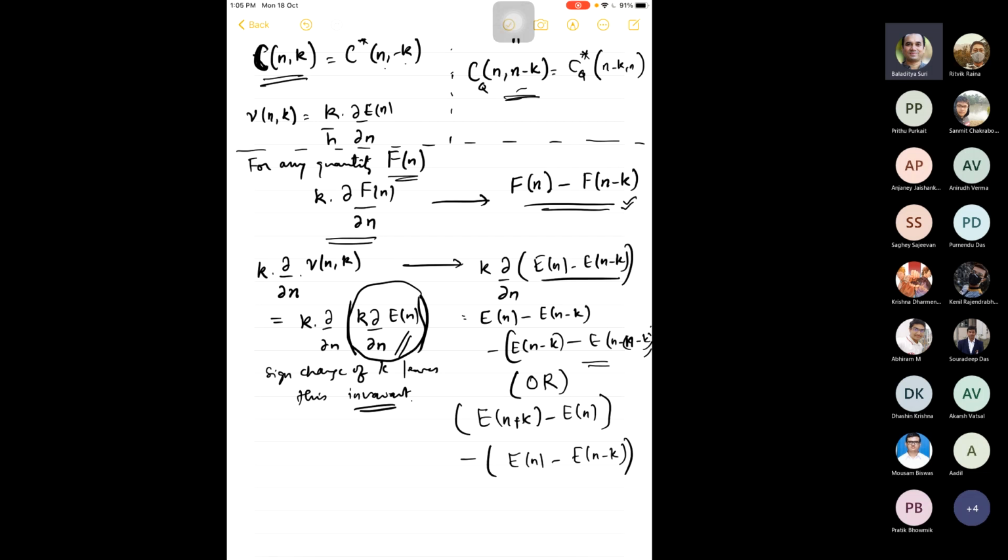Now we are at crossroads. Which of these will you pick? Heisenberg said you have to pick this and not this. Why? Because this property is not valid for the first formula. If you change the sign of k, the first formula will not be symmetric. So you have to pick the second case. So he said every second derivative, like what we have on the left side, will now be replaced by this. Okay? Any questions?